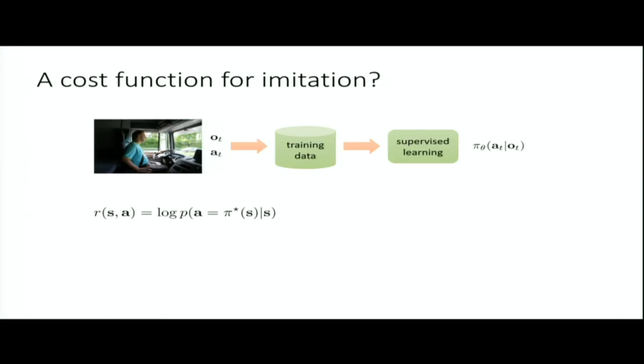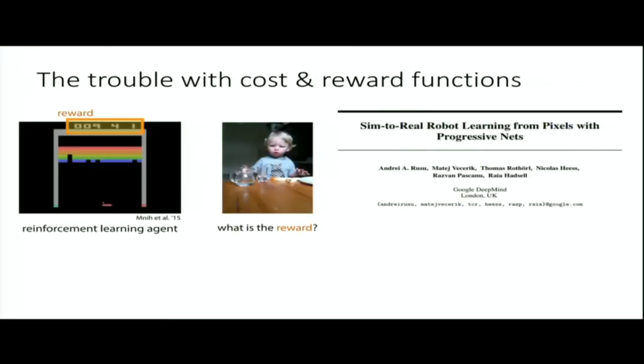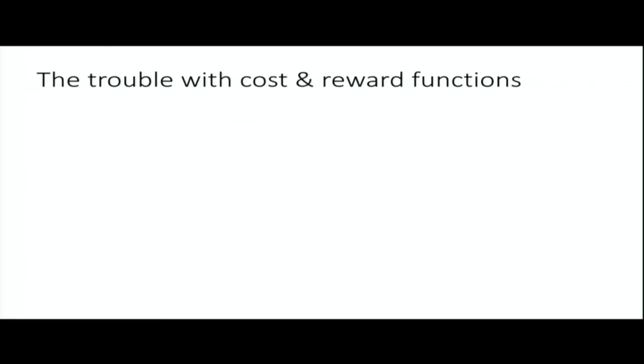It just says that the action taken by your policy in that state should match the expert's policy, and that's a well-defined reward. That's the thing that Dagger is optimizing. When I mentioned before that Dagger has a bound, it's a bound on the difference between this reward and the optimal value of that reward. So this is the equivalent reward for imitation learning. Okay, I have 5 minutes left.